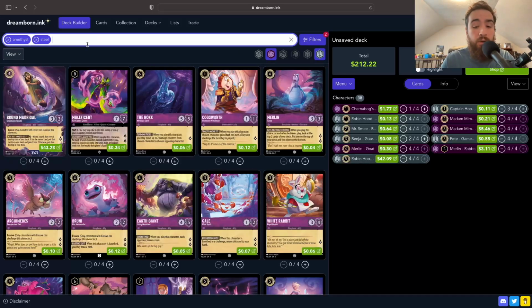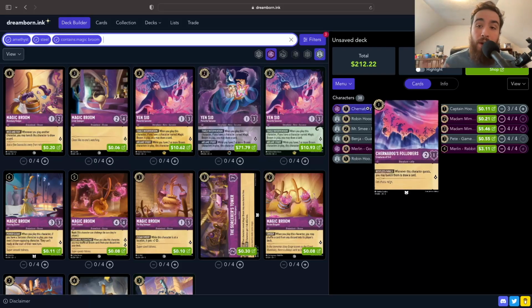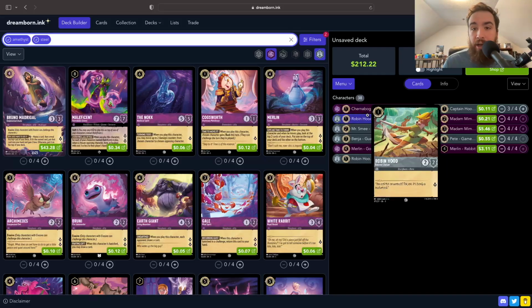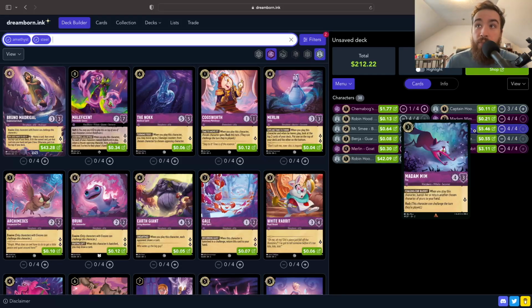Another 1-drop we could run is the Magic Broom, which is this 1/2. Both Chernabog's Followers and the Broom allow you to draw a card, just in different ways. So the Chernabog's Followers is whenever you quest with this character, you can banish it to draw a card. And the Broom is whenever you play another character, you can banish this to draw a card. So again, really good for one ink to be able to get a character down, do what you need to do with it, and then at the right time be able to draw a card, because drawing cards is really good,